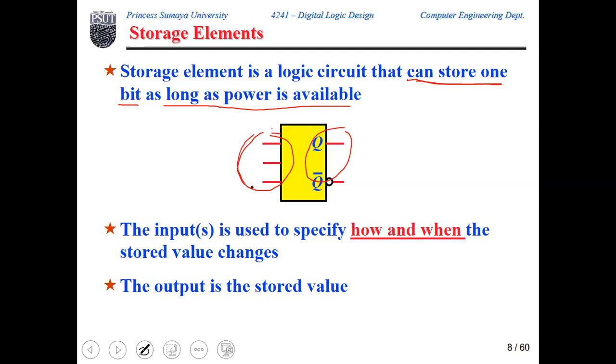Now, the inputs are basically used to specify how to control the stored value, what to do with the stored value, whether you want to store a 1, store a 0, or perform different actions on the stored value. This is performed using a certain number of inputs, and the number of inputs varies from one storage element to another, as we will see shortly. Some storage elements only have 2 inputs, some have 3 inputs, and so on. So basically, any storage element has a set of inputs through which we can specify how and when to